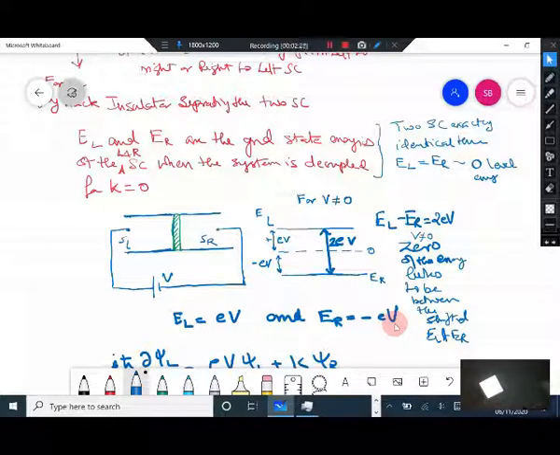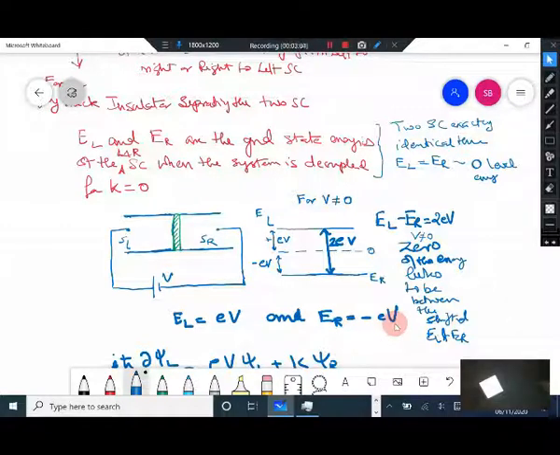this back into our time dependent Schrodinger's equation, which contains the perturbative part, which is the part of the wave function on the right side which is leaking into the left side. What is being considered here, for the thin barrier, is that your ground state energy levels in the presence of the voltage are not going to change because of this small leakage of the wave function from the right side into the left or left side into the right. The overall energy levels are roughly constant. It's a very minor perturbation.